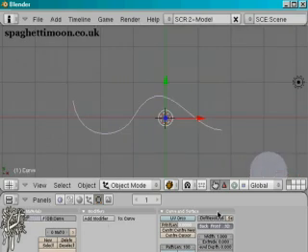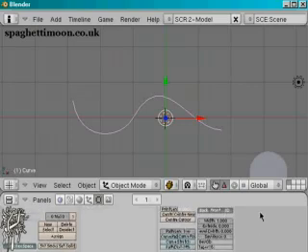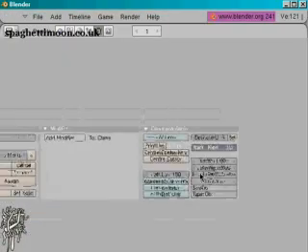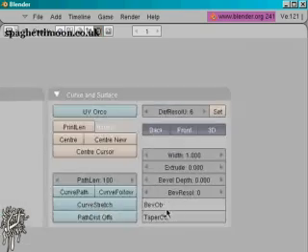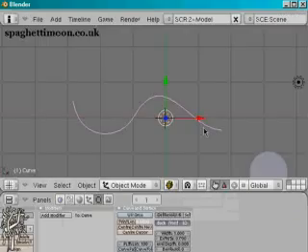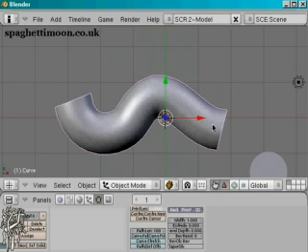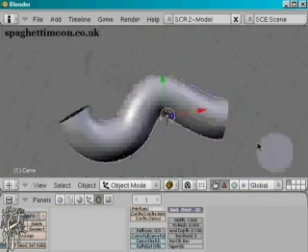So select your path curve, and what we're going to do is go to this little field here. I'm not sure if you can see that, so I'll just go into full screen mode. There we go, which is bevob, and this is where you put in the object that you want to extrude along. Since the name of our object was bev, as soon as you type it in and complete the command, it turns into a tube,